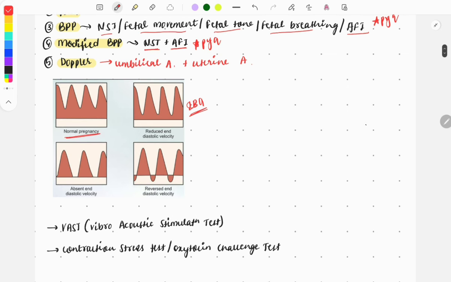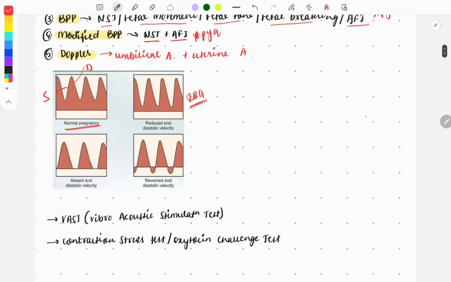So the normal is this one: uniform flow of the systolic and the diastolic blood. So this one here is the systolic, and this one here is the diastolic. Then the second image, as you can see here, that this notch, it is a little bit lengthy, and also you can appreciate something notches like this. In this image it is not there, but it can also be like this. This finding also is associated with the reduced end diastolic velocity, means there is the compromised blood flow to the